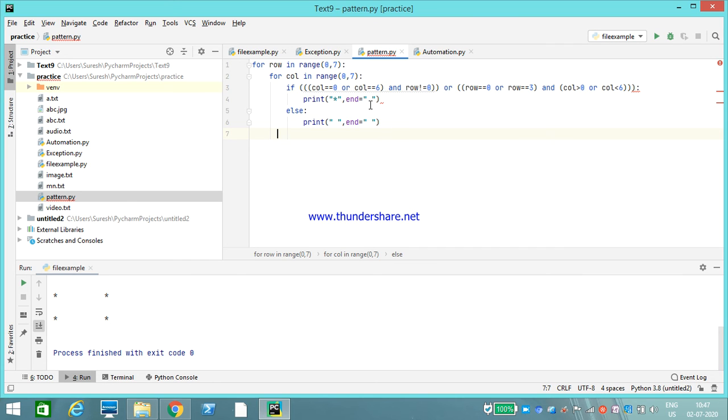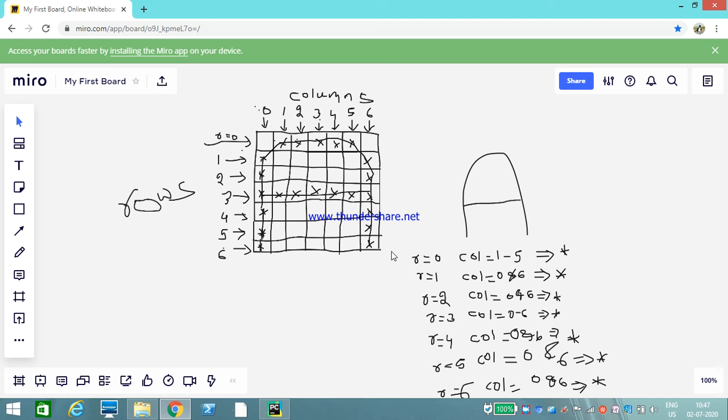Now we have printed star wherever the condition says to print star. Wherever we don't want to print anything, we print a white space.